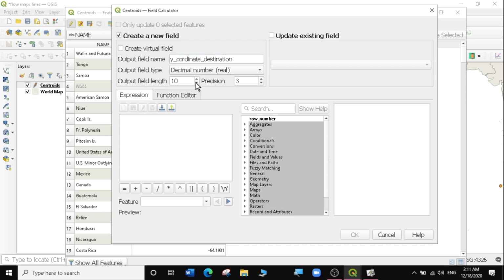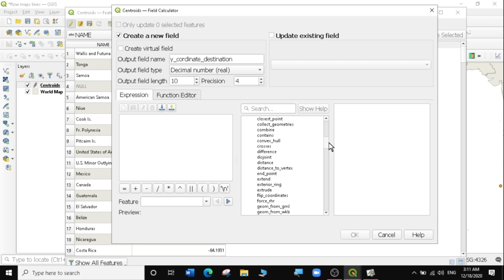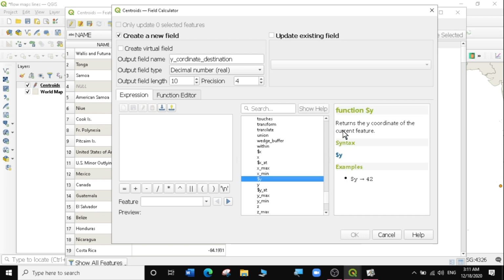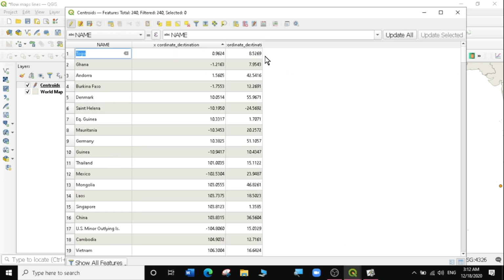So it's a decimal number again, and I'm going to put it to 4 decimal places. Then I'm going to go to these operations here. I'm going to look for the geometry, and then look for the Y with a dollar sign. So I'm going to select Y. This is Y, and you see it returns the Y coordinate of the current feature. I'm going to double click on it to bring it to the formula here, and then click on OK. And you see now it has populated the Y coordinate of